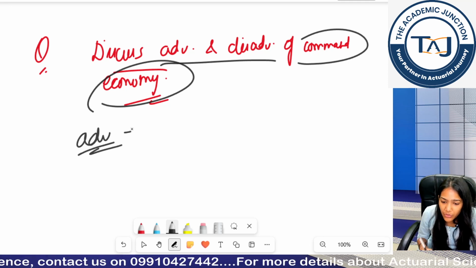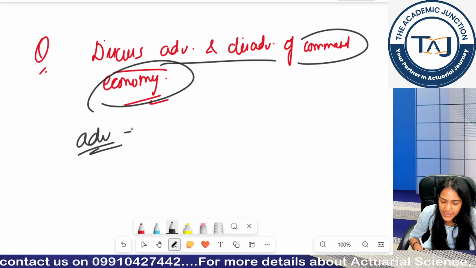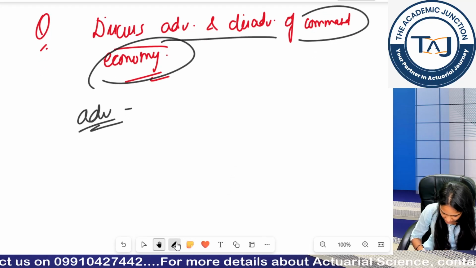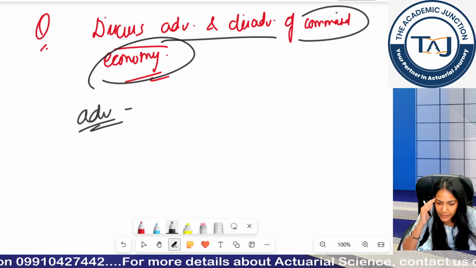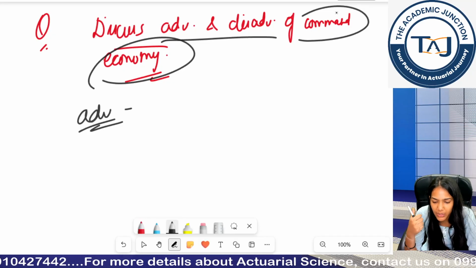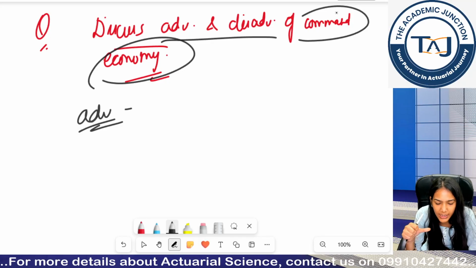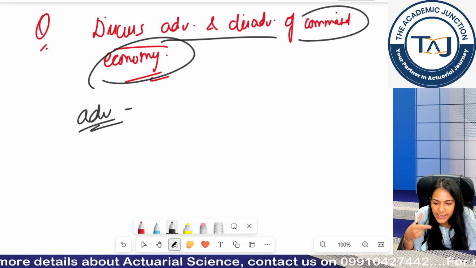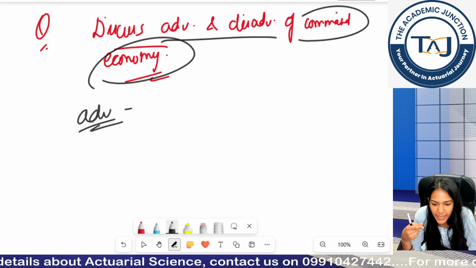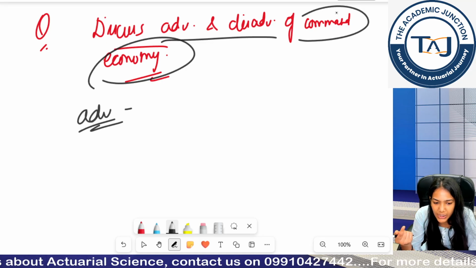So this is how you should approach a question. This question is basically to teach you how to approach a question. Firstly, you would bring to mind what command economy is. You have the properties of command economy. All resources are taken by the government. All economic decisions are centrally planned, right? So what can be the advantages?